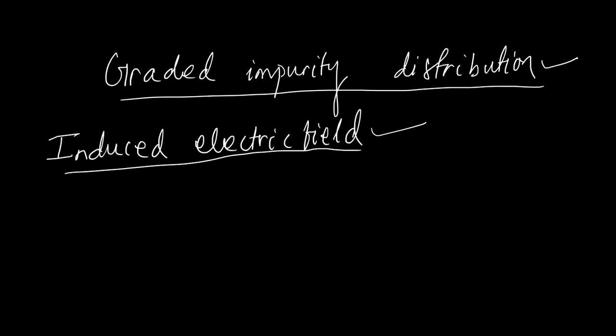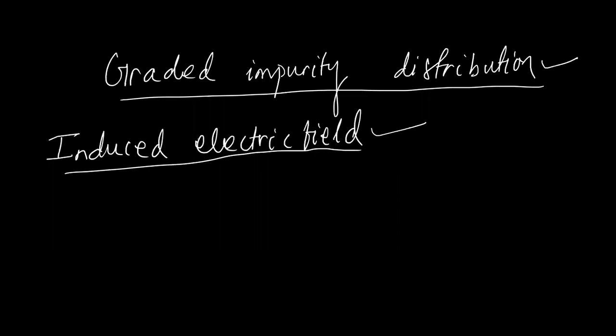So graded impurity distribution says that the semiconductor is non-uniformly doped with impurity atoms, right? So let us consider here a semiconductor that is non-uniformly doped with donor impurity atoms. It is doped non-uniformly, but it is in thermal equilibrium. There is no external electric field given to the semiconductor. So in this case, when the semiconductor is in thermal equilibrium, the Fermi energy level we know will be constant